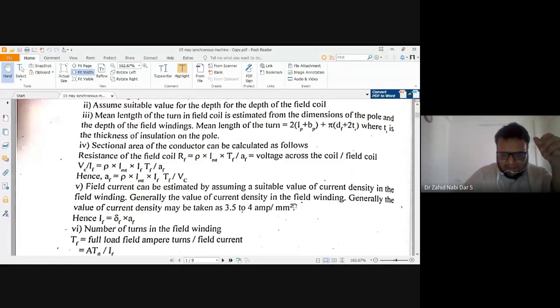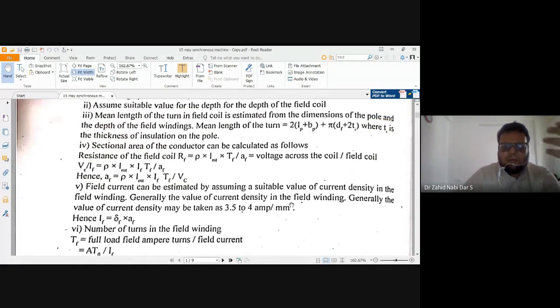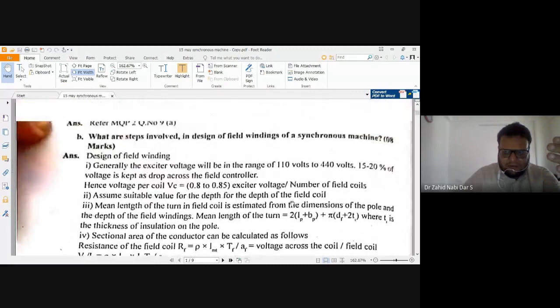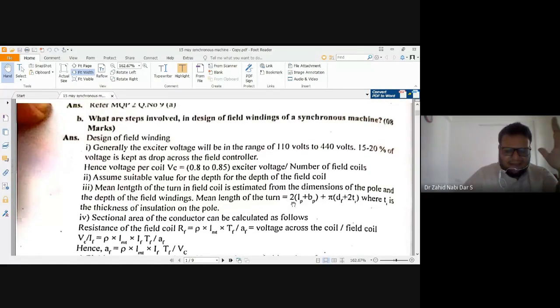No need to mug this up. The essential concepts are what we have to take. More or less they expect you in VTU to write like this, stepwise. This is for 8 marks, so they don't want story-writing type. I picked this up to give you a knack of writing in an examination. An examination is a different scenario, because soon we are approaching an examination. Some of you had asked me to provide this scanner and all that. Okay, we will provide you, but only depending upon this and going into the examination.